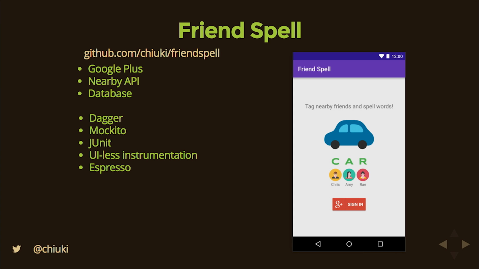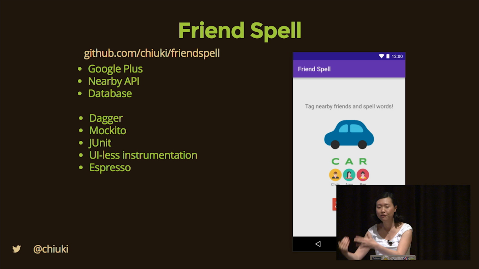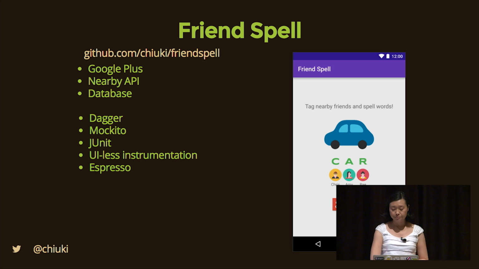How on earth are we going to test that? How are we going to test Google Plus login? How are we going to test nearby devices? Well, guess what? This app has really, really high test coverage because of all the techniques that I showed you. I use Dagger and Mockito. So I actually have what I call a bridge, so that instead of calling the Google API client directly, I call through the bridge. So I call the connect function through the bridge, and then